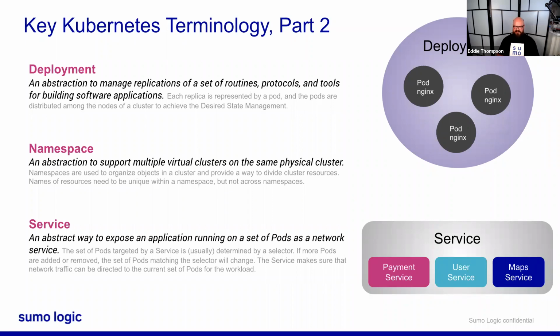So you may have many replicas, representing many pods within a deployment, but the deployment is how that is organized. Now, namespaces, like namespaces in many other computing terms, are used to abstract a cluster into virtual spaces that can overlap. While you may not have a name of something duplicated within a single namespace,